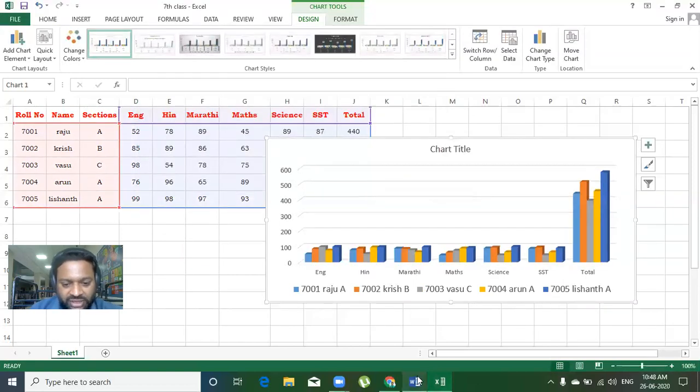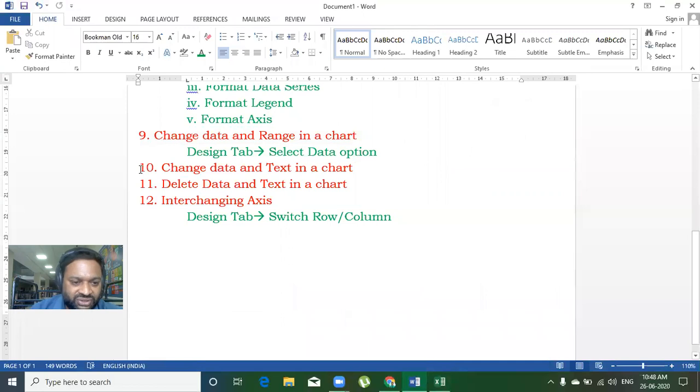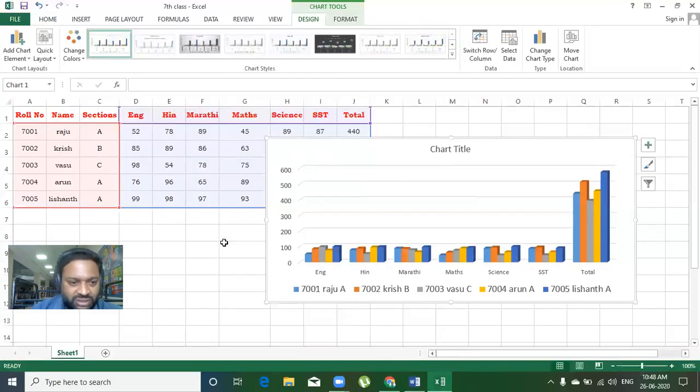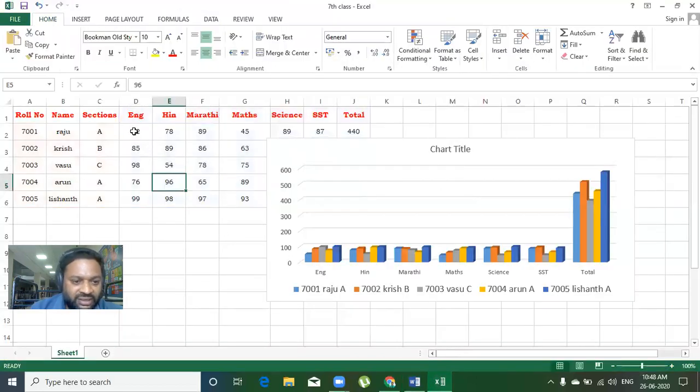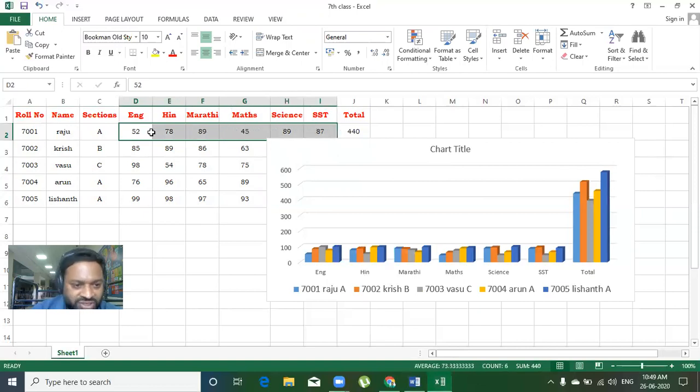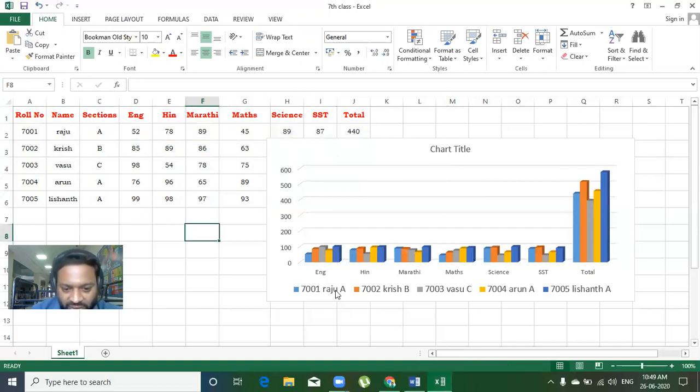Okay, so the next concept is change data and text in a chart. Here 7001 Raju section A, his English marks is 52, Hindi 78, and English to SST their marks are given.